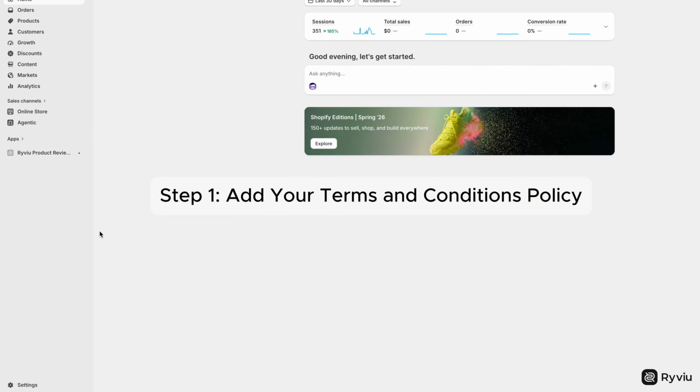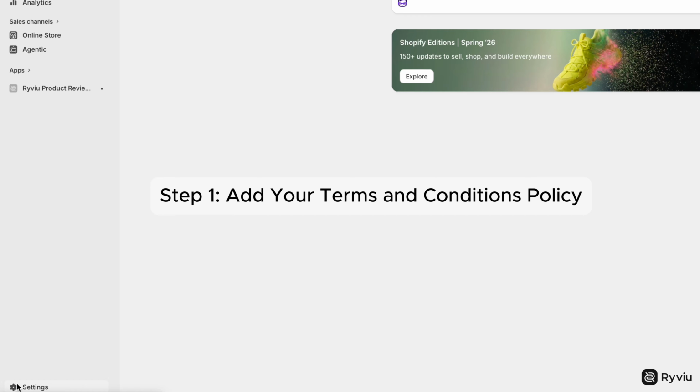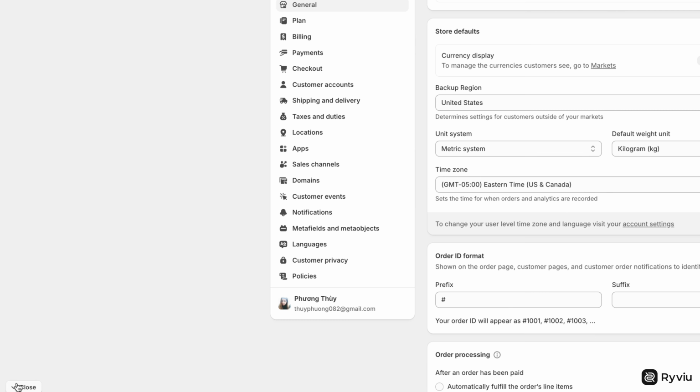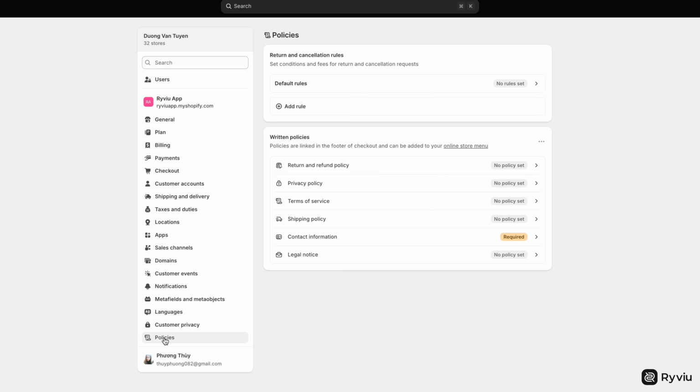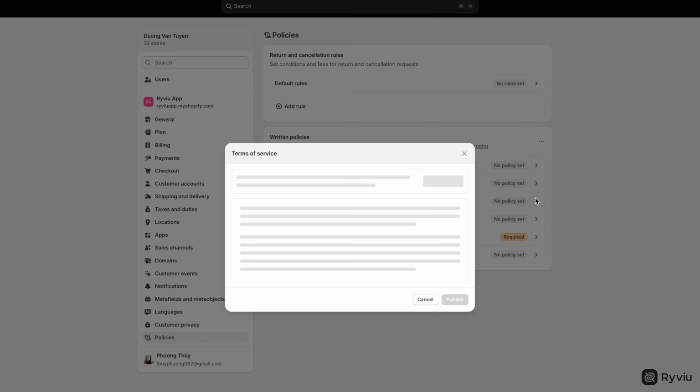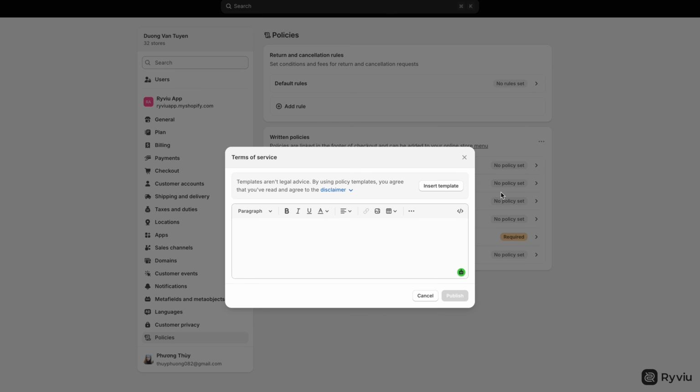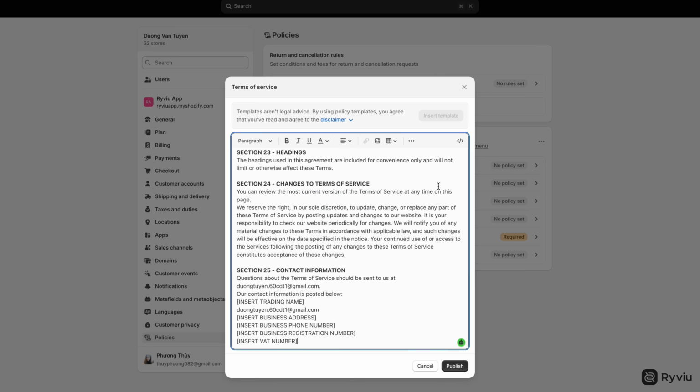Step 1. Add your terms and conditions policy from your Shopify admin. Go to Settings, then select Policies. Scroll down until you find the Terms of Service section. Here, you have 2 options. If you don't already have your own legal text, simply click Insert Template to generate a standard terms of service